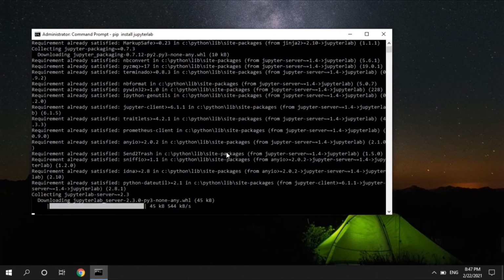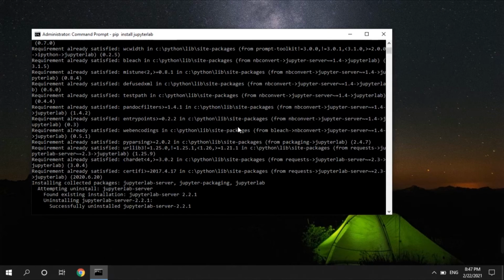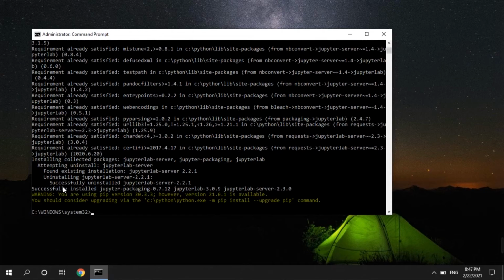It's a very fast process of installing, as you can see. And at the end, you should receive this message that it successfully installed Jupyter packaging on your system. Now that you see this message here, in order to open our Jupyter Notebook, we need one command line again. So we say Jupyter